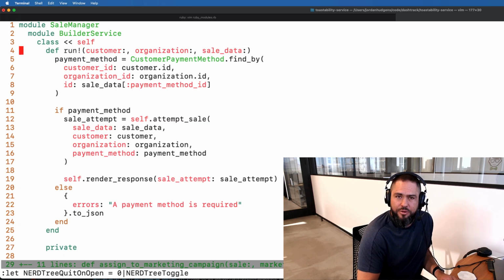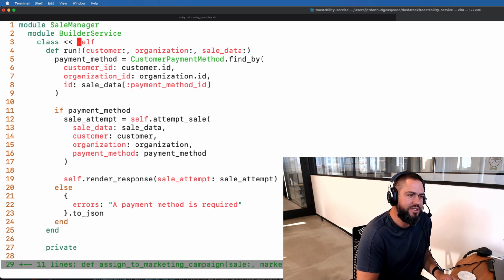Now the sale builder service has a lot of behavior. As you can see, it has a nested module setup. Then I'm performing the same kind of process where I'm passing in self directly to the class, so I'm instantly instantiating this class. And then I created a run method. This is the same as our call method. I'm taking in some data parameters, and then from there, I'm running a lot of different processes. So here I'm calling